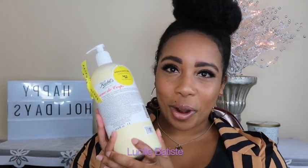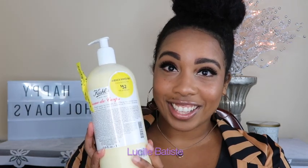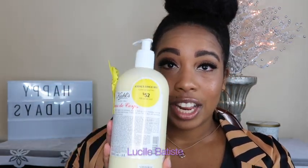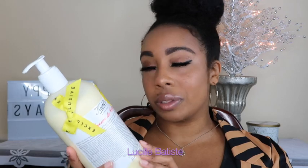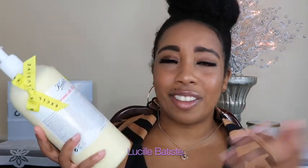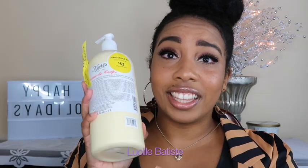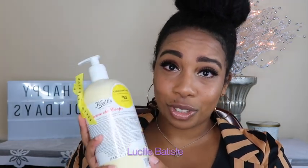No one, right? So this is the Kiehl's Crème de Corps. This is a large size, a liter size. I got this during Nordstrom's anniversary sale. This is a $52 price, but it's actually $75 normally. So if you can catch a deal still on this, great, and even if you don't catch a deal, this is great. It's a liter size, okay? A liter of lotion. This will last you for...